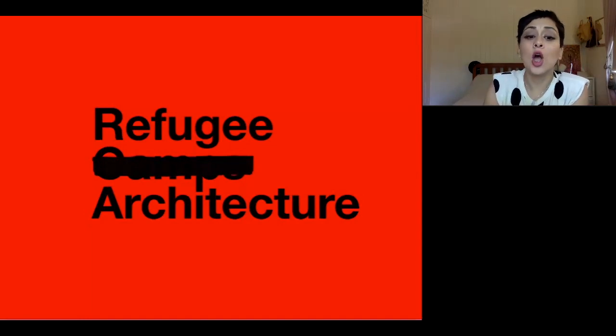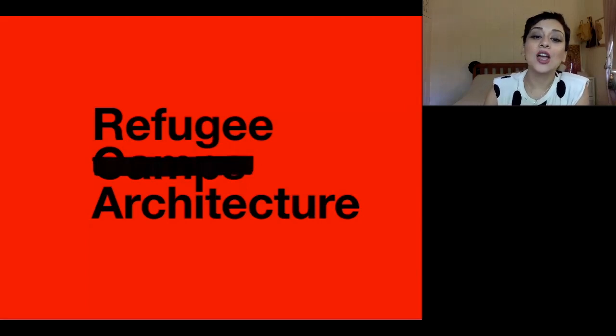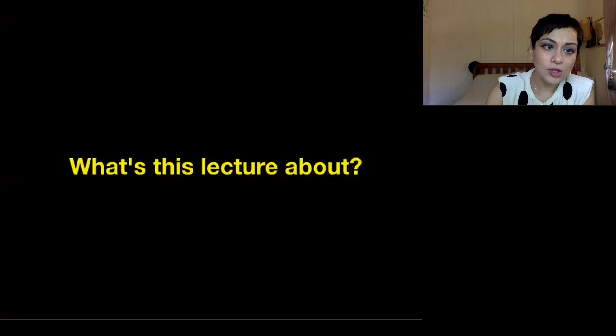What this lecture wants to resist early on is allowing you to think that any knowledge you will gain about refugee settlements might allow you, future architect, to come up with the next refugee solution in a lab or a studio. Also, what it avoids is to put you in a place of authority as designers to save the vulnerable or establish world peace. So, what's this lecture about?